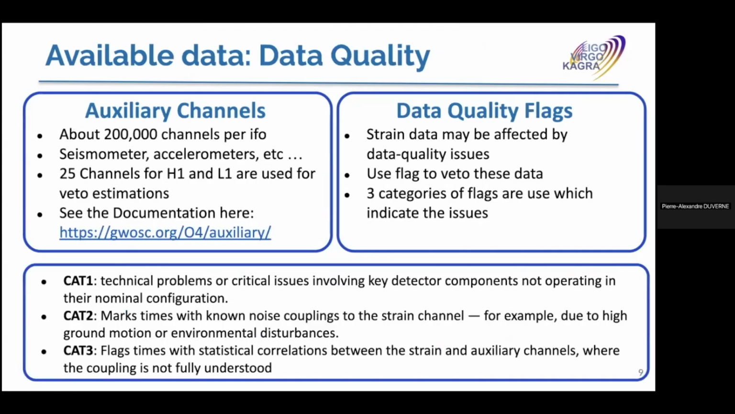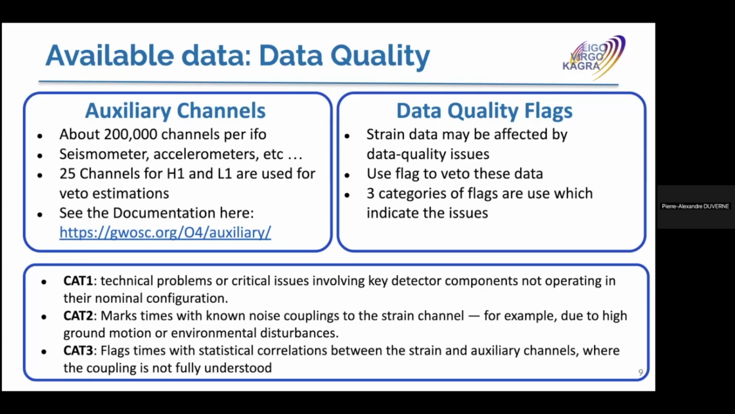Another type of data you'll be able to find in GWOSC are called the auxiliary channels. Basically, each interferometer records a lot of different channels, about 200,000 per interferometer, which consist of data acquired by different instruments, being seismometers, accelerometers, magnetic probes, etc. All of these allow us to probe the environment that's influencing the instrument and how the instrument behaves in that environment. And among these 200,000 channels, about 25 are used by H1 and L1 for making assessments on some potential